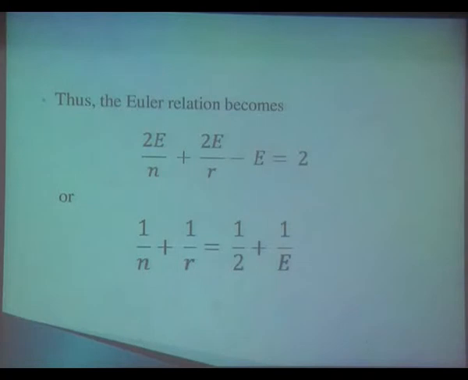Look at this. Because N is the number of sides of a polygon, it has to be greater than or equal to 3. Similarly, R also has to be greater than or equal to 3. Now suppose both of them are simultaneously greater than 3, then the maximum value of the LHS there is half. What does that tell you? It tells you that both of them can't be simultaneously greater than 3. One of them has to be 3 at a time.